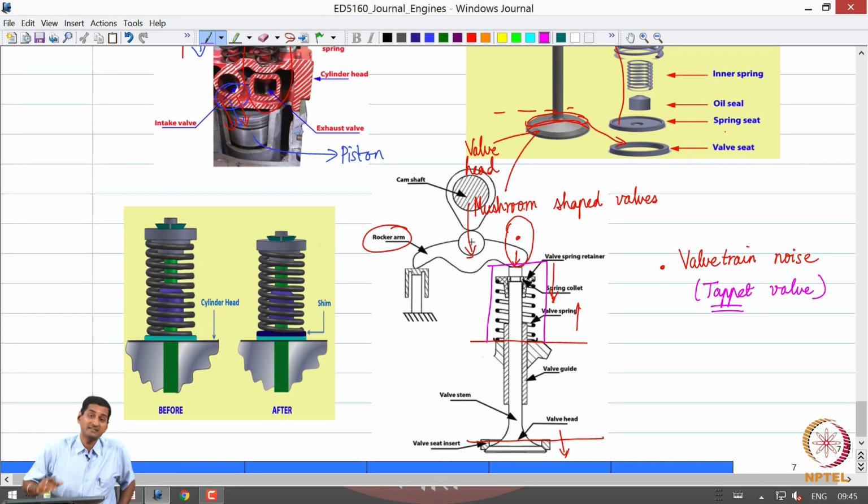So what happens is that as the speed increases and the time available for your opening and closure comes down, your valve may be commanded to open by the valve assembly, the camshaft, the cam will be commanding the valve to be open, and it will command it to close, but before it closes completely, the next cycle will start. The control mechanism will say, oh hey, open the valve once again. So what will happen is that an issue called valve float arises.